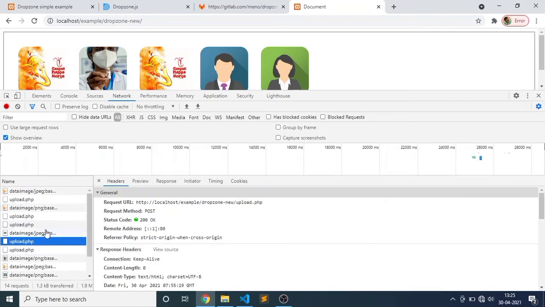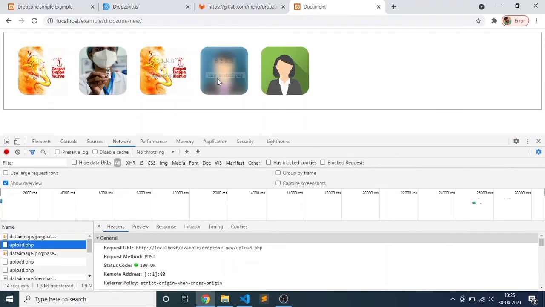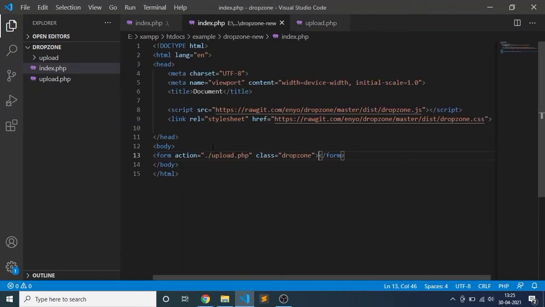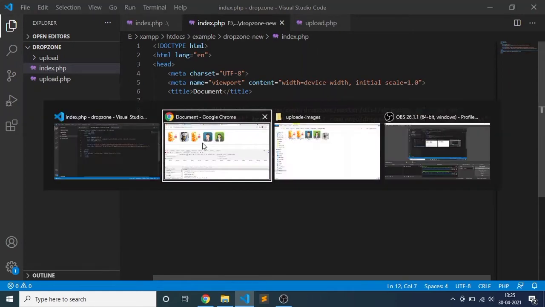If you want to upload all files as a single file, then you can use one option for this. But for that you need a custom drop zone form.